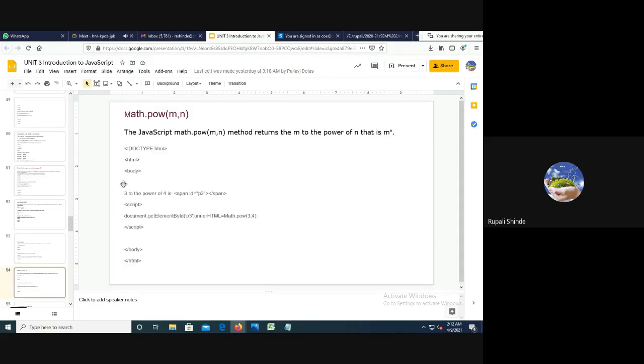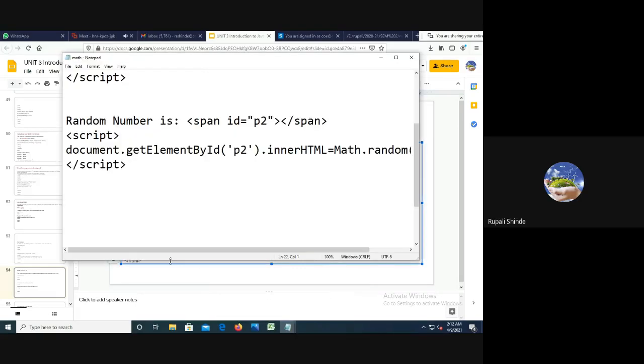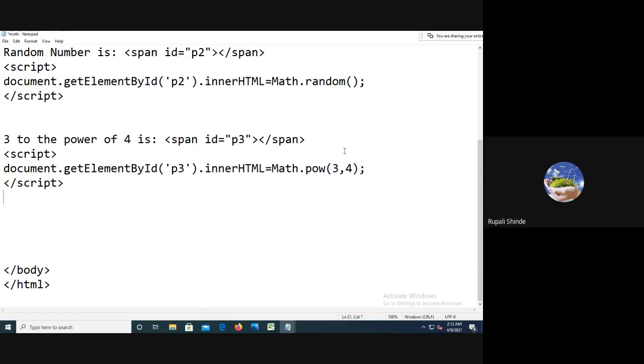The third one is power. We have to calculate 3 raised to 4 with the help of the Math.pow power function. What are we going to use here?